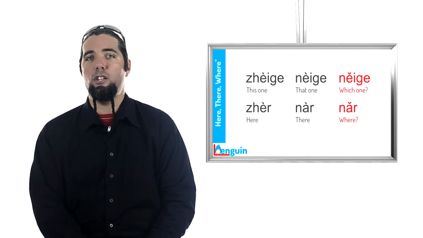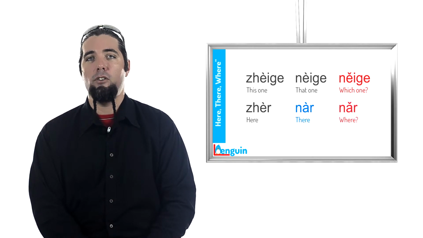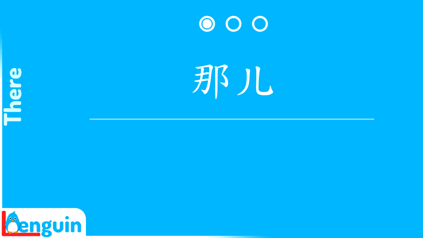As with the words for which and that, 哪个 and 那个, the only difference between the word for where 哪儿 and there 那儿 is the tone. Notice that both question words, which and where, 哪个 and 哪儿, have the low tone, while that and there, 那个 and 那儿, have the falling tone. Repeat there. 那儿，那儿，那儿。